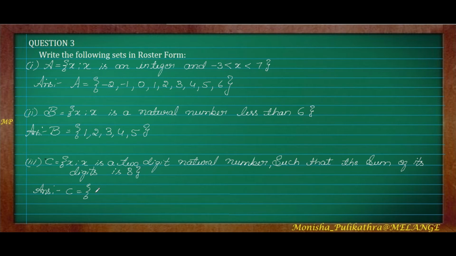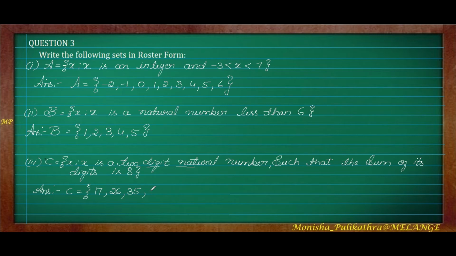Okay. So 2 digits, single digit we can't write. So first I will take 1. 1 plus which number will give you 8? 1 plus 7 will give you 8. So 17 is the first number. Next take 2. So 2 plus which number? 2 plus 6 is 8. Next 3. So 3 plus 5 will be 8. You have to write just 35. Don't write 3 plus 5, because they have given we need to write a 2-digit natural number.